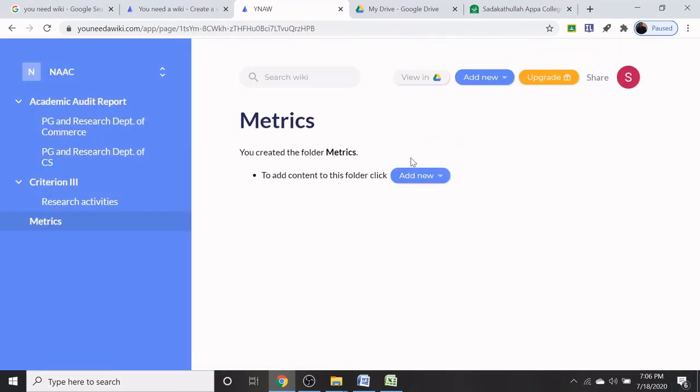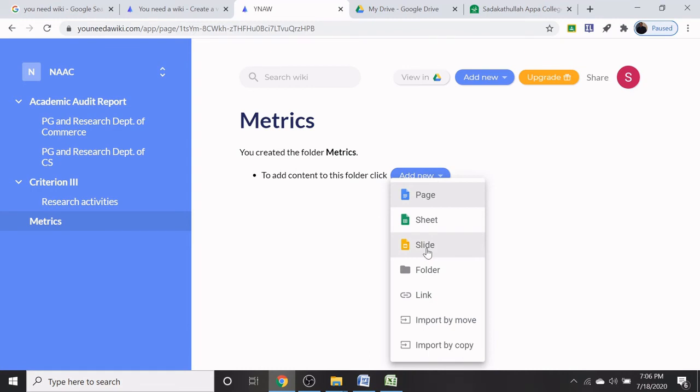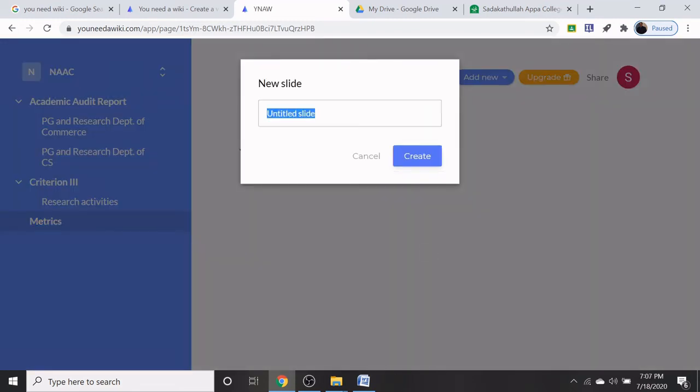Now I have created the third folder, metrics. Now I am going to insert a slide. In this folder I am going to add criterion 1. Then click on create.